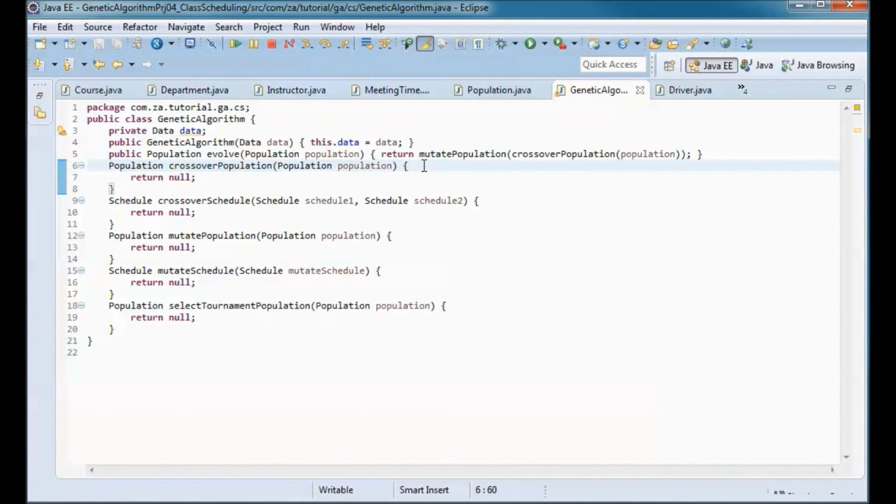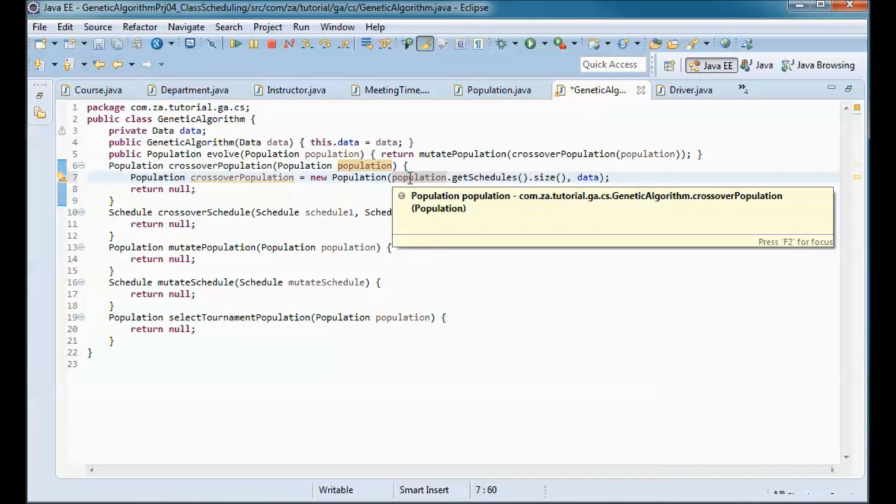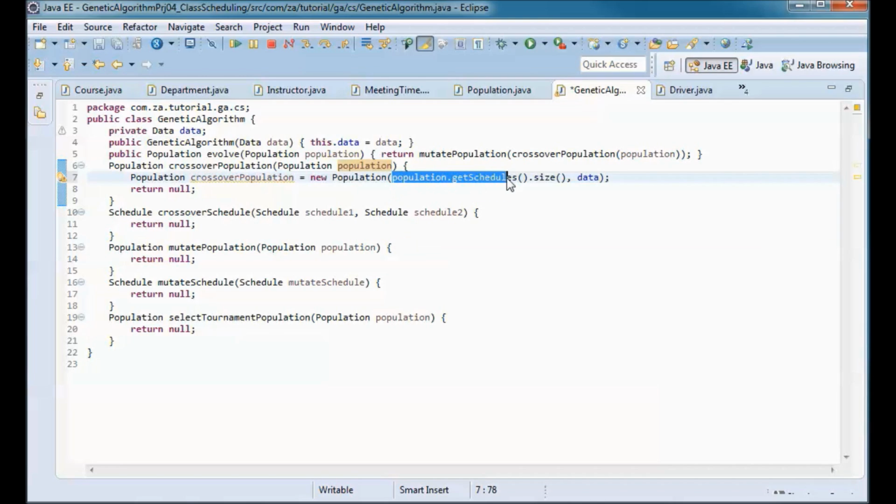Now here I will be instantiating a new population, so crossoverPopulation, given the population schedule size, this population, and the data.